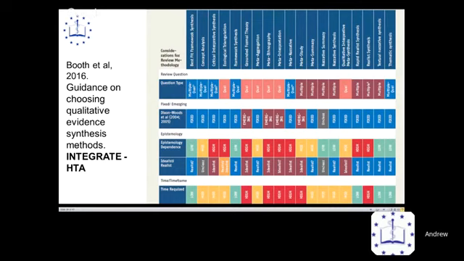Down the rows are the different factors, so the first factor here is question type. Some are exclusively for qualitative and others can be used for multiple types of evidence. You can see the next thing is the type of question. Does it have a fixed question, an equivalent of a PICO, or does the question emerge as you do the